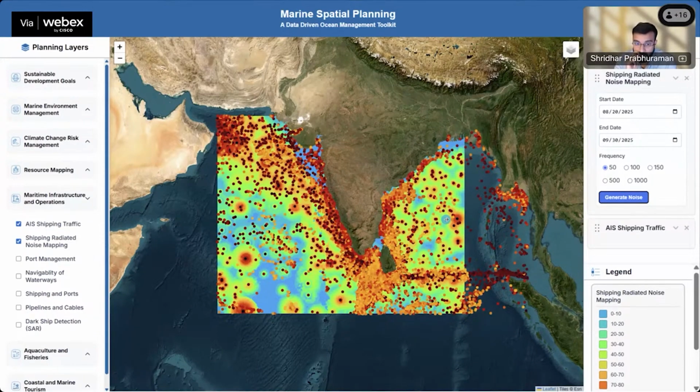A part of this computation being dynamic, and I'll talk about it as we move forward, is that this was not something that we were able to do, I would consider, because of less pronounced usage of AI as a model. But today, with the use of neural networks, we basically replaced a parabolic equation model. So we created a neural network model which is suitable for the specific Arabian Sea, Bay of Bengal, and some southern part of IOR, which is trained upon the data that we have collected, as well as the transmission loss data that we populated using the PRAM model.